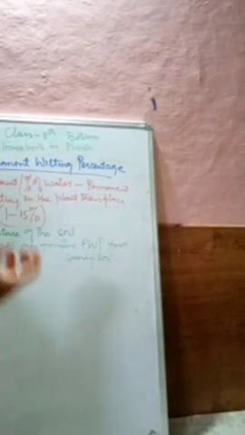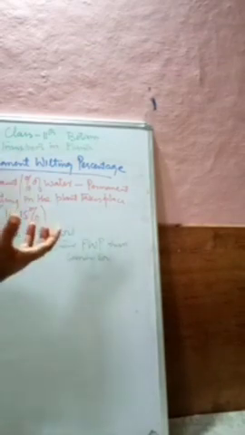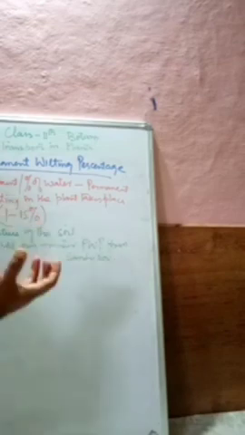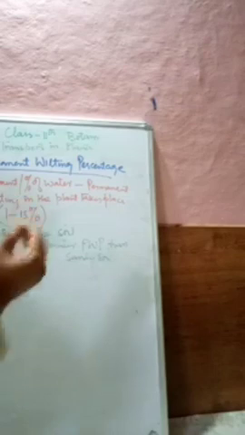Then we saw wilting. In wilting, the loss of water from the aerial parts of the plant is greater than the amount of water absorbed. We defined the different types of wilting: incipient wilting, where no signs of wilting are found; temporary wilting, where the plant overcomes the wilting; and permanent wilting, where there is complete loss of water and the aerial parts of the plant will not regain their normal shape and size.